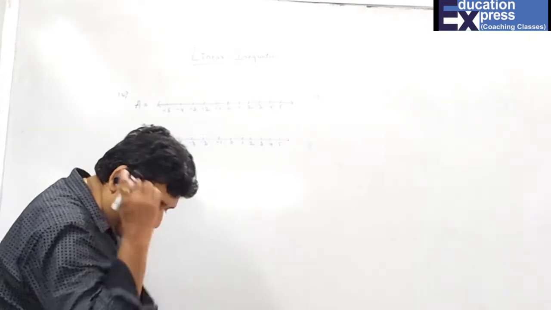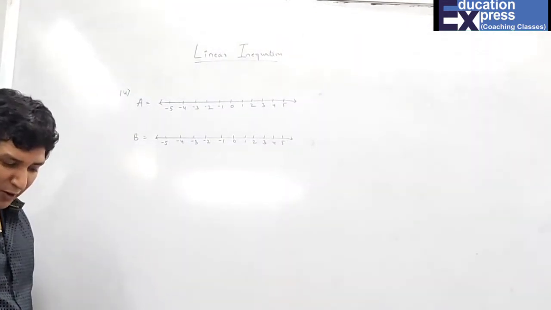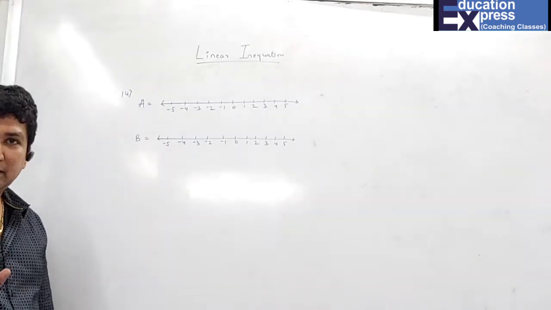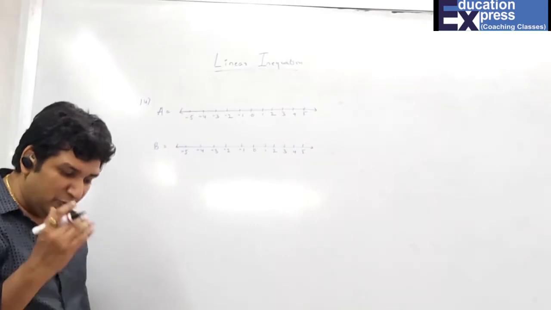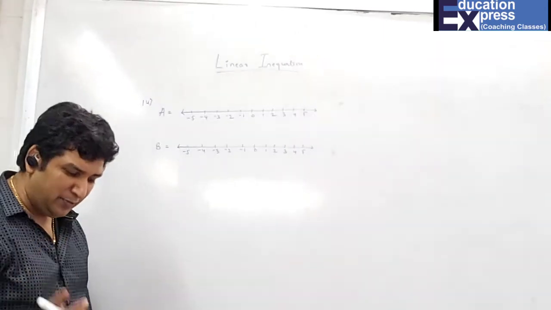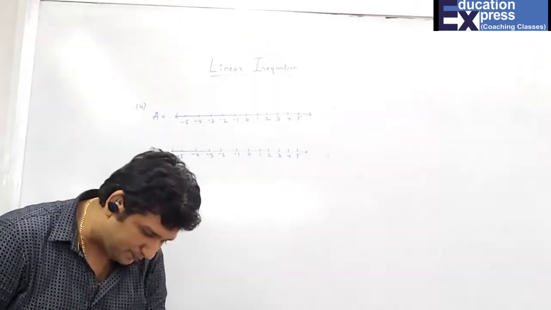I have to find A union B and A intersection B. Then for the second part I have also given A intersection B complement. But as I have told you, complement is not in syllabus, so it's okay if we don't do that part. We just have to find A union B and A intersection B. Here they have asked me only A intersection B, but I'll find A union B also.